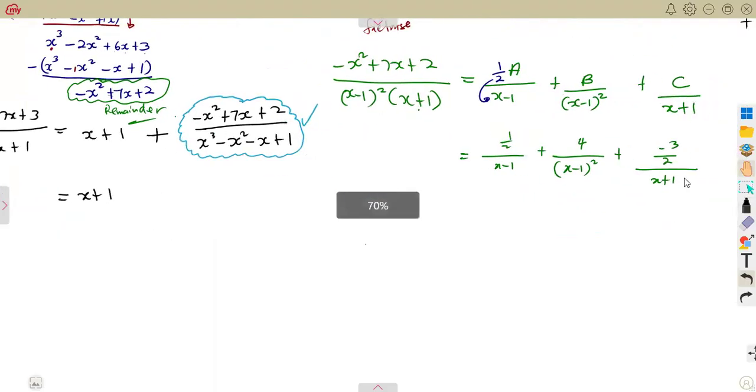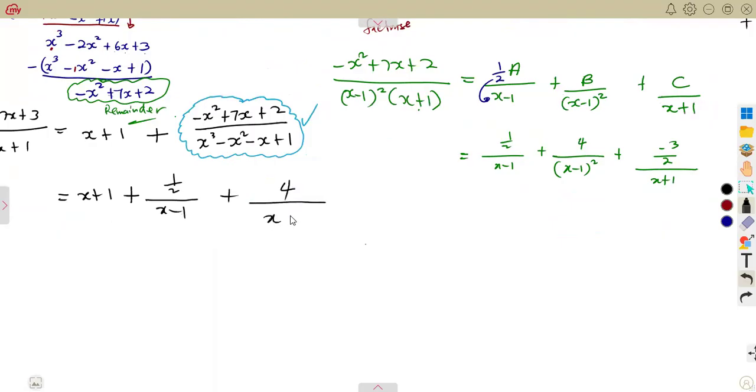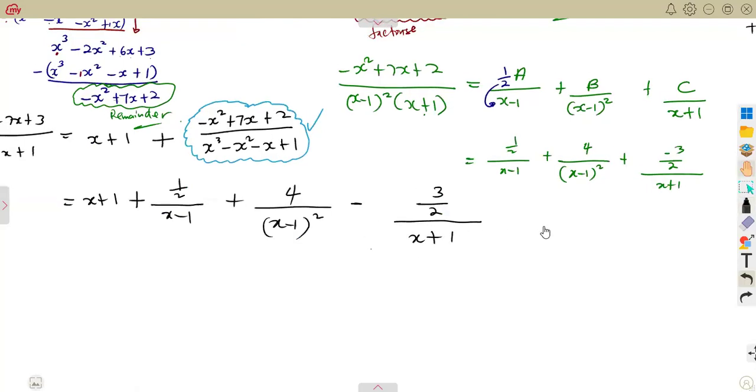So it was going to be plus 1 over 2, that 1 over 2 that we had, over X minus 1 plus the 4 over the X minus 1 squared minus 3 over 2, everything over X plus 1. This is what you were supposed to obtain,